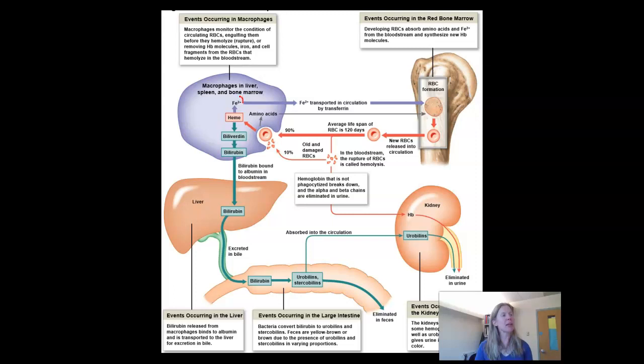So what we see happening here is we take that heme group, that iron-containing group, and the iron just goes right back to the bone marrow. There's a special transport protein, and we carry that iron back to the bone marrow. The other part of our hemoglobin is going to have to